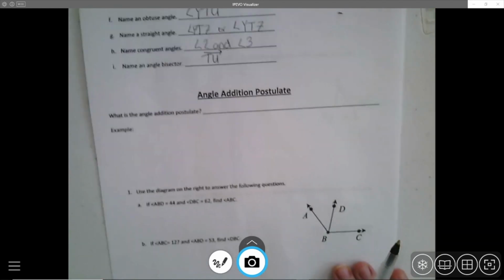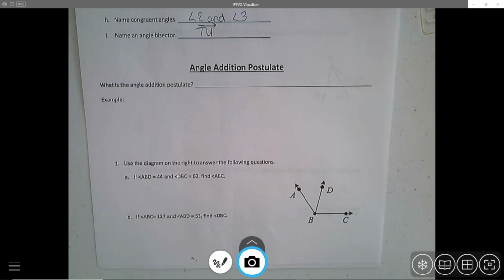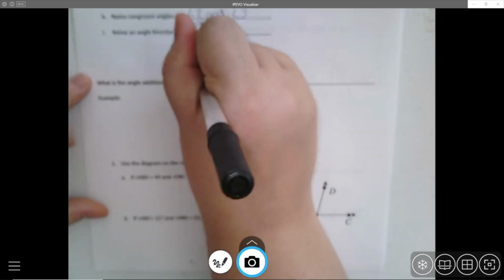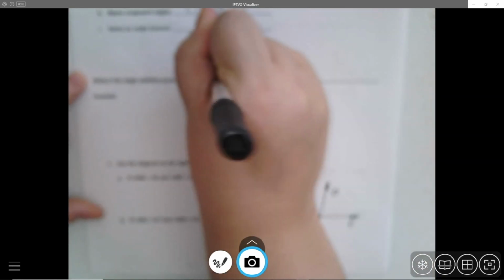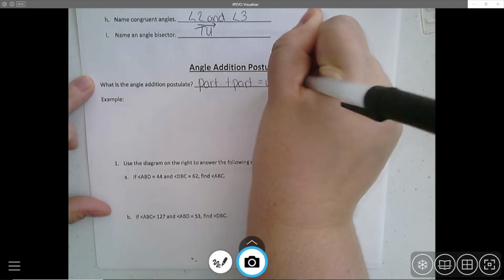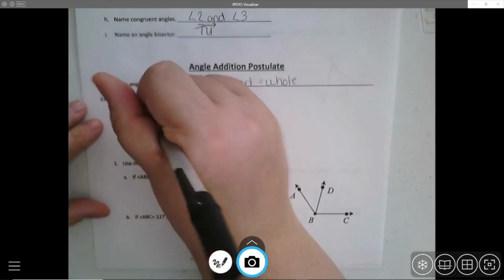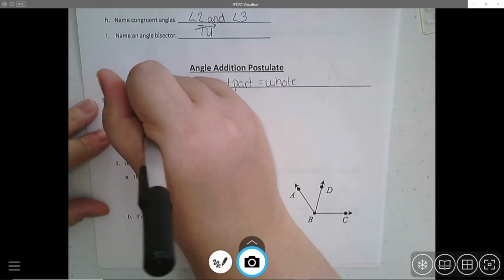Okay, now, angle addition postulate. This should look familiar because we talked about the segment addition postulate. It is almost the same thing. The angle addition postulate is the same formula. It is part plus part equals whole. Okay, we use the angle addition postulate to either find the big angle that is missing or one of the smaller angles. So if I look at an example,